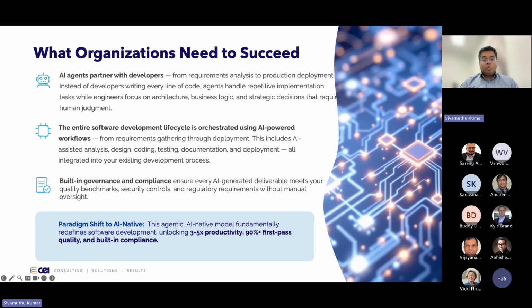You want every output to follow your security controls, regulatory requirements, and quality benchmarks automatically, not just through manual reviews. That's the context for DARTS. DARTS is a way of making this agentic, AI native, governed model real inside your enterprise environments. So that's what organizations need to succeed in bringing AI and agents into their engineering workflows.